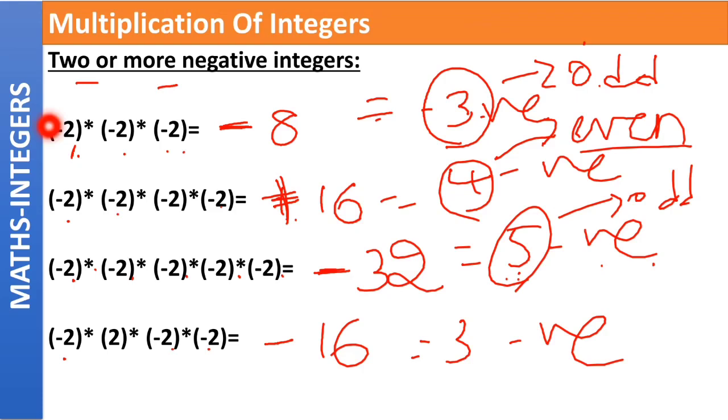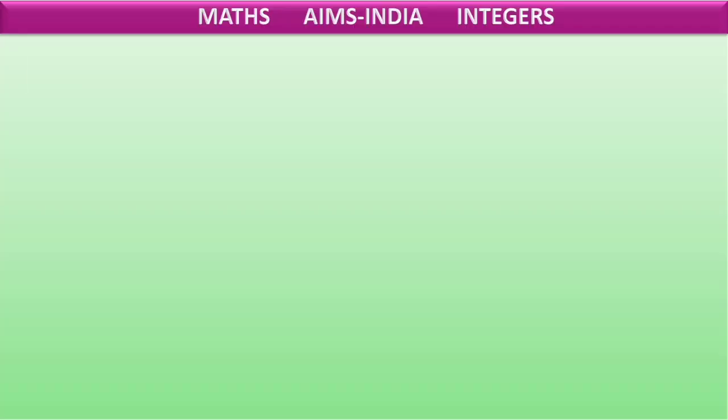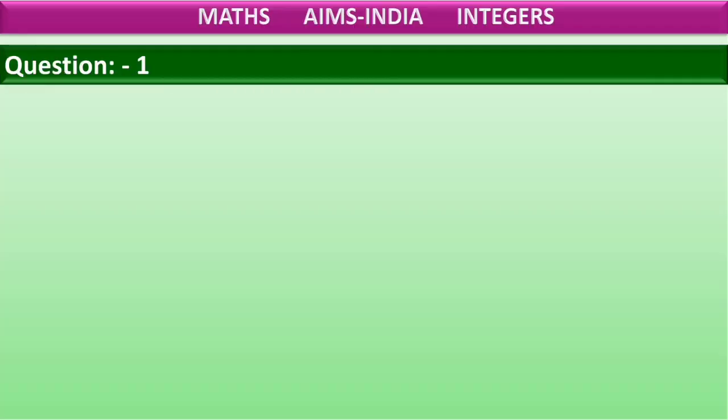You need not go through a troublesome process like minus into minus plus, again plus into minus minus. Instead you can simply count the number of negatives and write the sign. If it is odd, we'll put a negative sign, and if it is even, we'll put a positive sign. Is this clear? I hope this is clear, because now is the time for today's quiz.